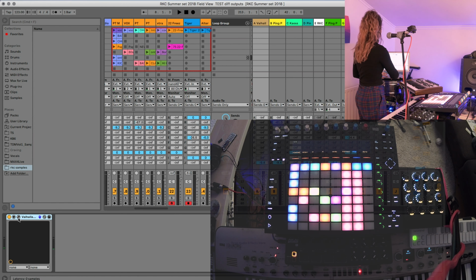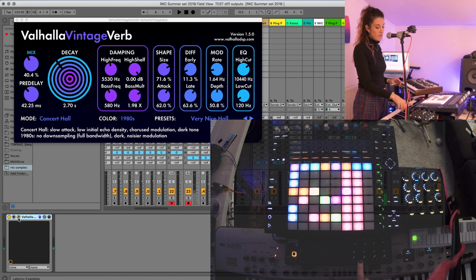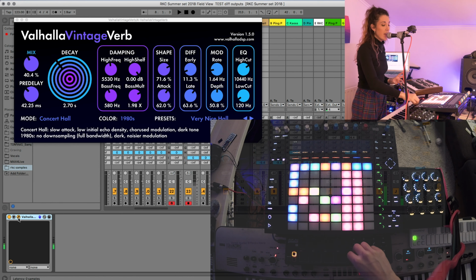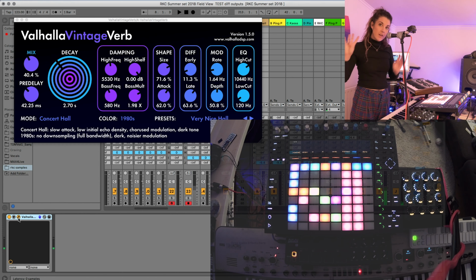Which is here. So we've got my Valhalla reverb send, and this knob here is just mapped on the vocal channel that I'm monitoring through the A send. Then the B send we've got probably a ping pong delay. Yep, on this one we've got like a slappy delay, slap, slap, slap, and then here we've just got another type of ping pong. So yeah, I've got 4 different vocal delays, and they're all just working as sends.